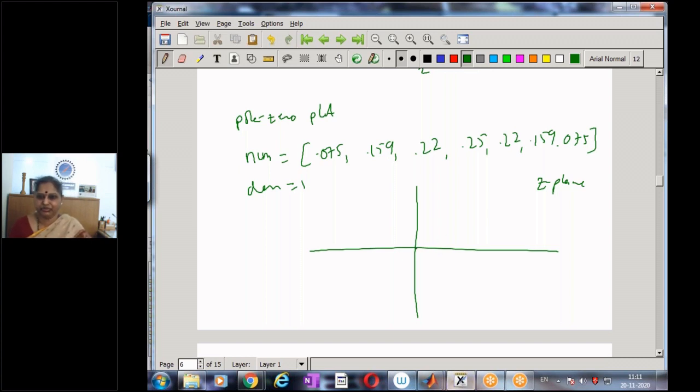So now if I look at the pole zero plot, I have 6 poles here. I have 6 zeros, and all the zeros are located on the unit circle. And where are my zeros? I had a 0 here, 1, 2. They lie as complex conjugate pairs. So this is the pole zero plot of the designed filter.